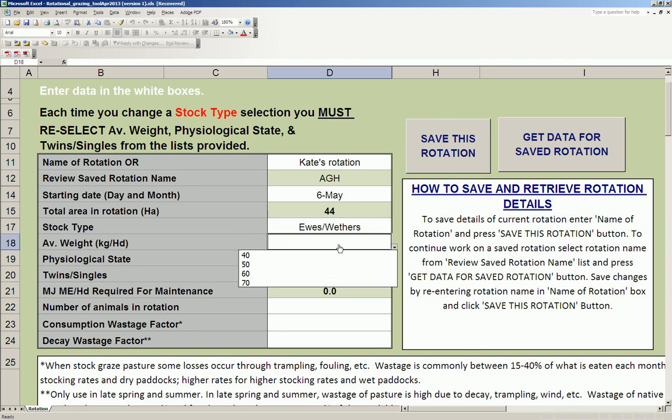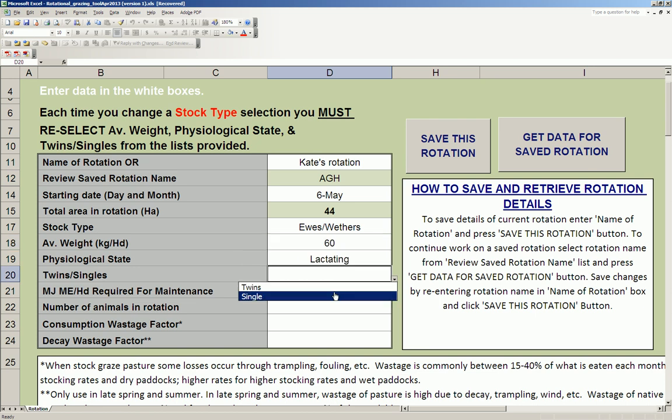The stock I've got on here are ewes. They're 60 kilos, they're lactating, and they've got twins on them, and you can see here that it's told me that the energy requirement of these ewes is 21.5 megajoules metabolizable energy per head per day. Okay, the number of animals in the rotation, I've got 500 of these ewes with twins,